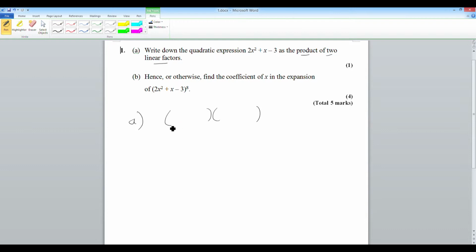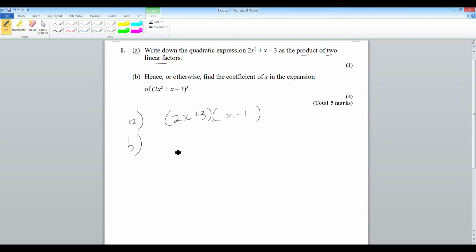So 2x squared plus x minus 3 will factorize as (2x plus 3)(x minus 1). Now, this is the product of two linear expressions. So I can see here 2x plus 3, x minus 1. Those are both linear expressions. Then for part B, they say, hence or otherwise, find the coefficient of x in the expansion of this to